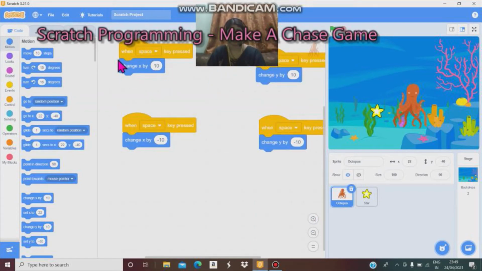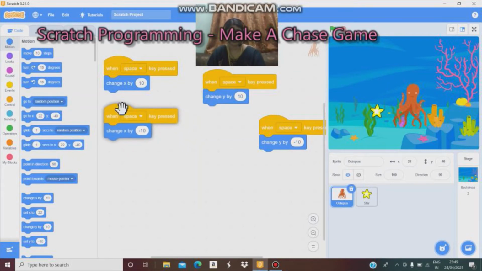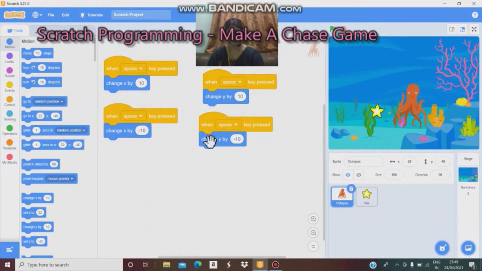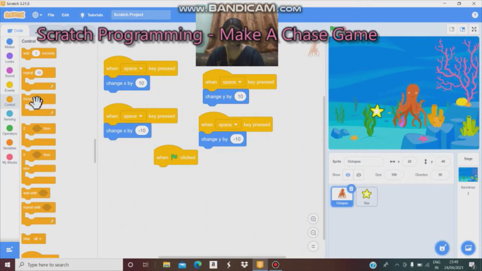Okay viewers, here when you click this button, you have to zoom your piece. Next, we have to give this playing game command. Go to event blocks, drag when flag clicked into the script area, then click control blocks, drag forever blocks underneath when flag clicked and drag if then blocks underneath forever blocks.